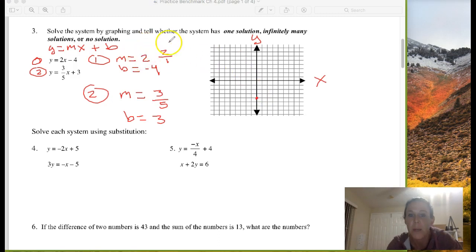Okay, my slope is 2, or 2 over 1. That means rise over run. So from my y-intercept, I rise 2, I run 1. Rise 2, run 1, rise 2, rise 2. And there is my line, and I'm going to try to be very